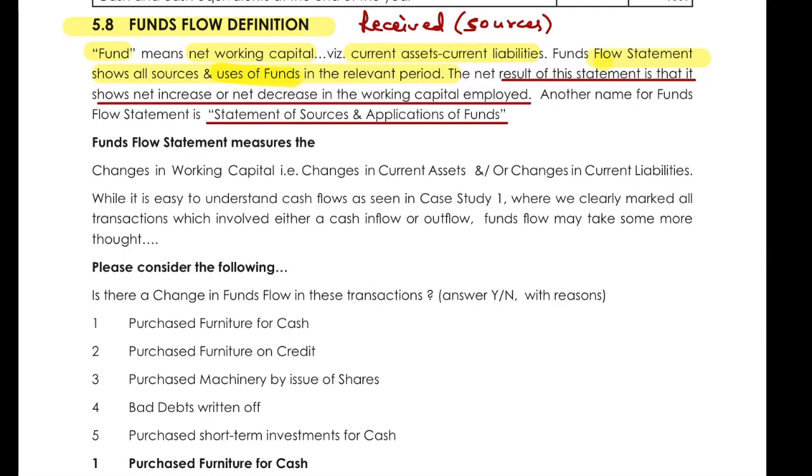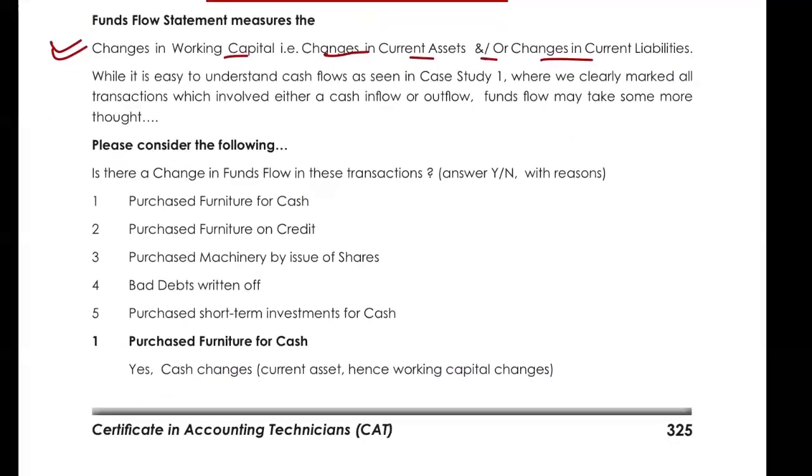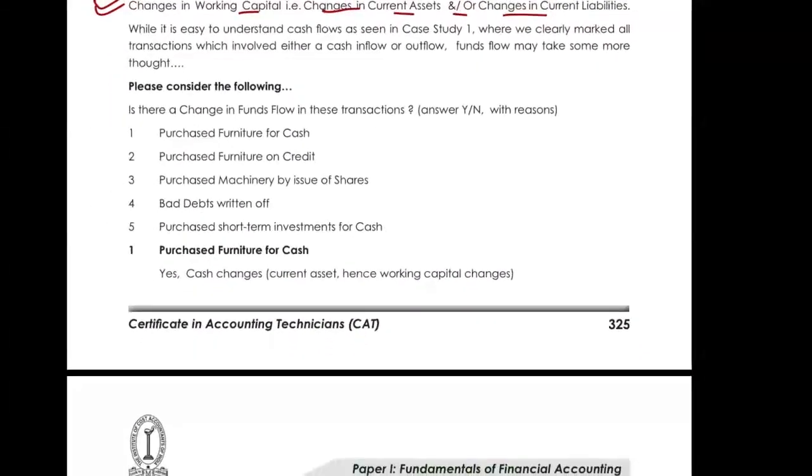That is also a 1 mark question, important for all of you. Okay, fund flow measures the changes in working capital, that is the change in the current assets and/or changes in the current liabilities. What we need to consider, just read out